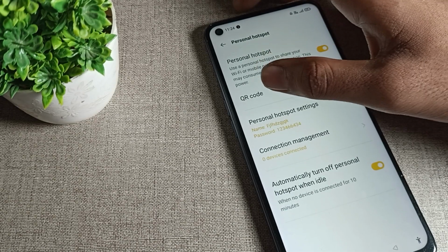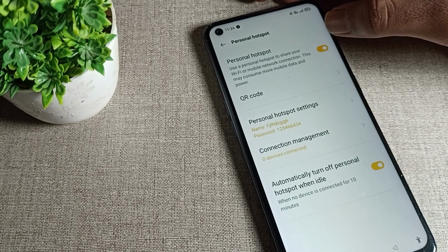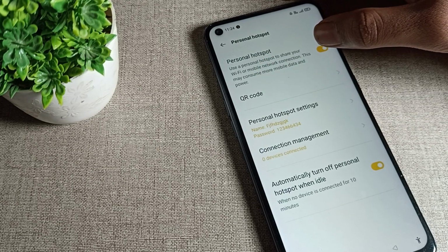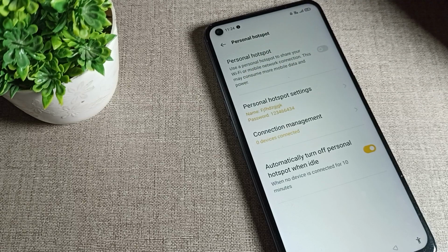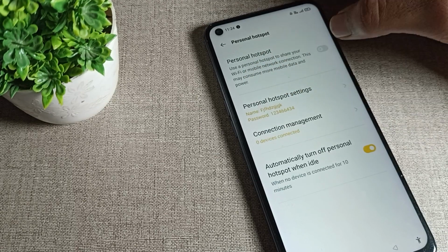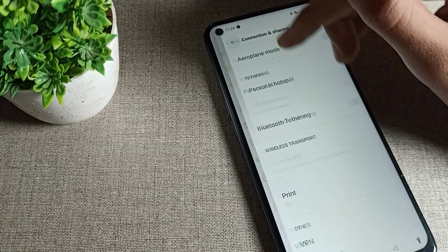Once you can see the QR code and your hotspot, after you disable it, the QR code will be removed from your screen. Wait and watch. The QR code will be removed, and we cannot use it. If you want to share your mobile network and Wi-Fi, you will have to enable your hotspot again,